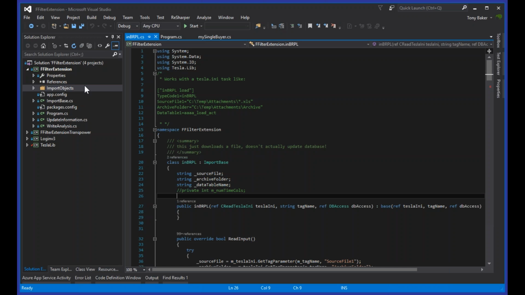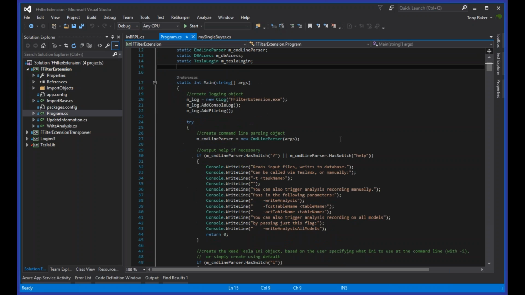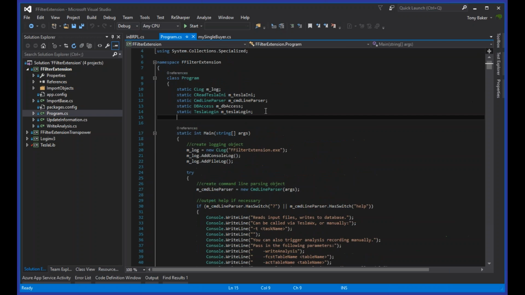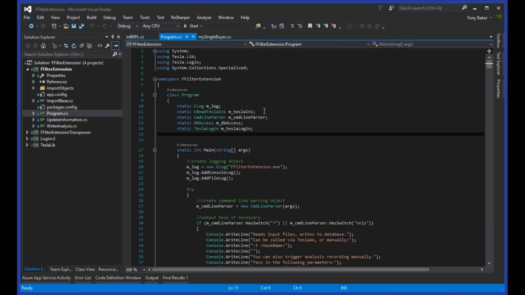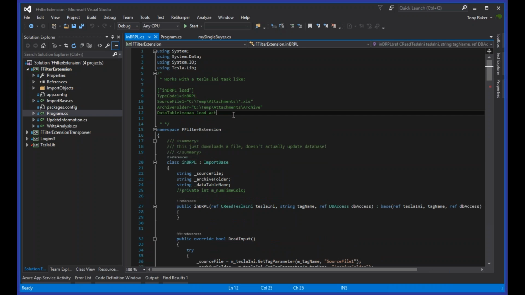It's a fairly straightforward program, really. If I open up the main program.cs file, this will typically be called by control console or tester control. We'll fire it off, and typically it's just FFilterExtension and then -T and then the task to do. And if I quickly switch to one of these, for example,